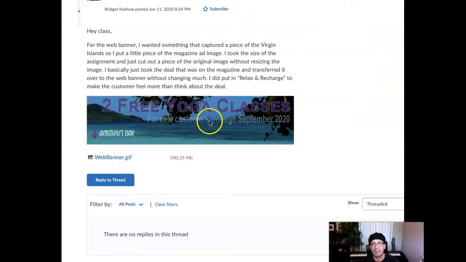Or even dive into relaxation. I don't know, whatever, but a headline and then a subhead only at Amethyst Bay. Then you can come down and reduce the size and say 2 free yoga classes included through September or something like that. But just try to be as brief with your verbiage as possible.